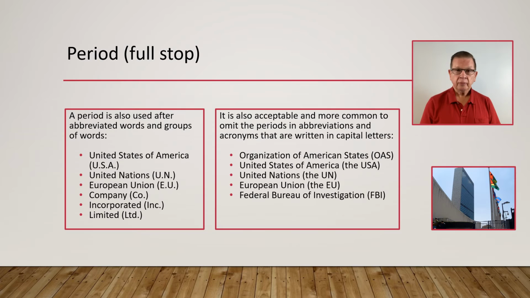First, let's talk about the period, or full stop as it is called in British English. A period is placed at the end of a complete sentence. A period is also used after abbreviated words and groups of words. Examples: United States of America, U.S.A.; United Nations, U.N.; European Union, E.U.; Company, Co.; Incorporated, Inc.;